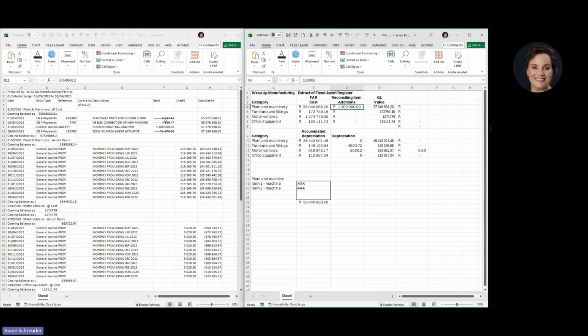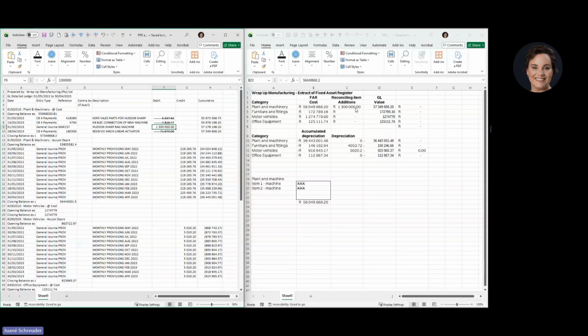And again, as we went to draw lines through each of the items, so this is the general ledger where we would have drawn the lines. And for the fixed asset register, you can also technically have a balance, or the records making up the balance of all of the machines. And I would have done the strike through for each of these items as I had agreed them. And then I sat with a difference, the balance being 1.3 million for that Hudson Sharp bag machine.